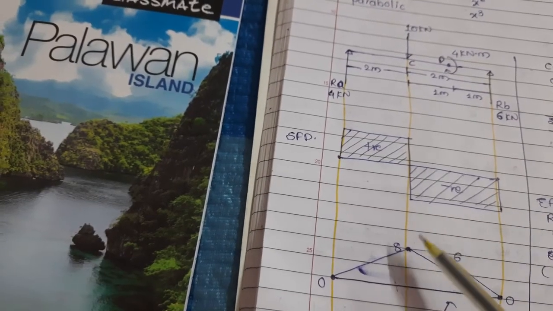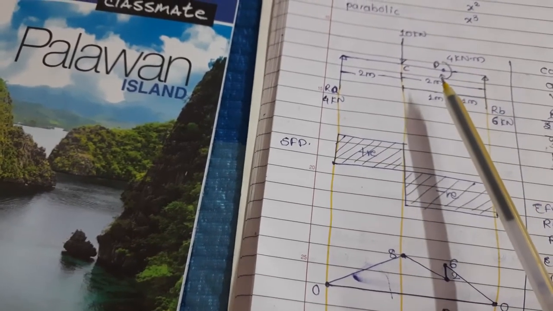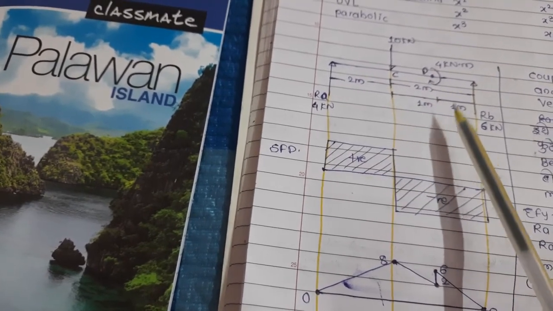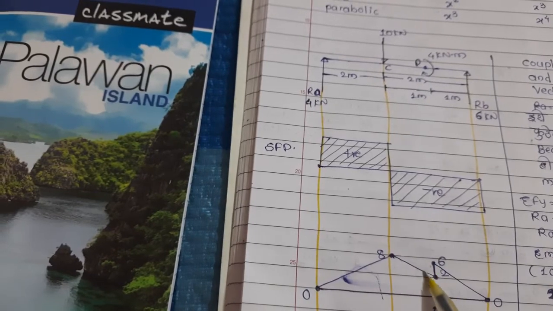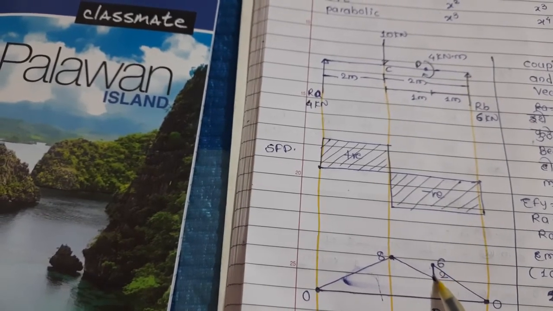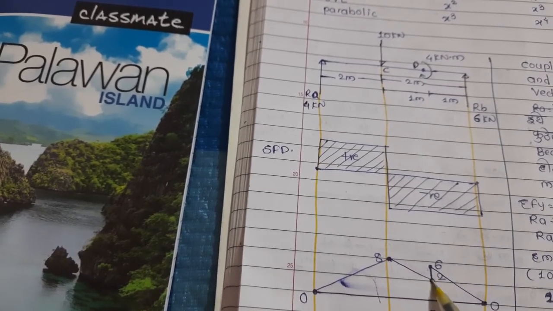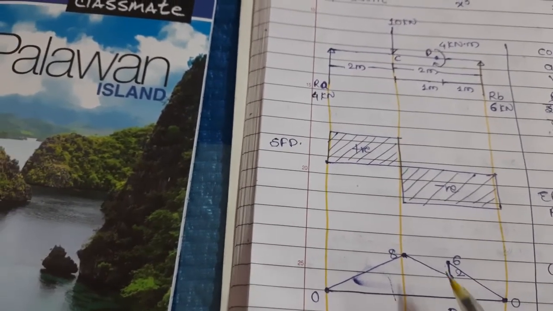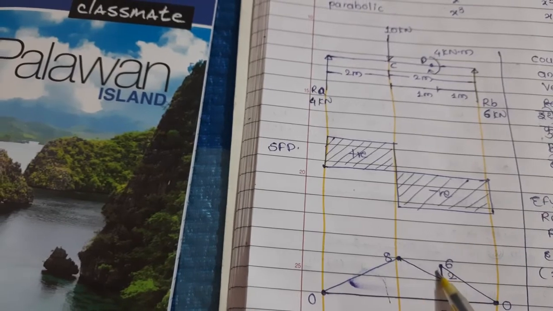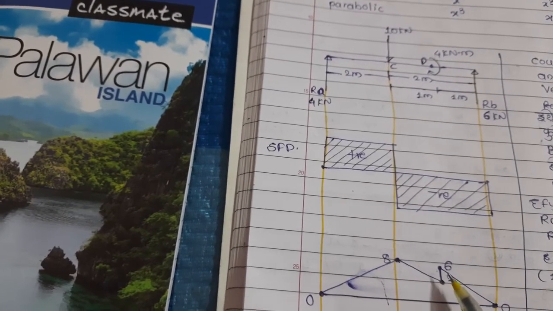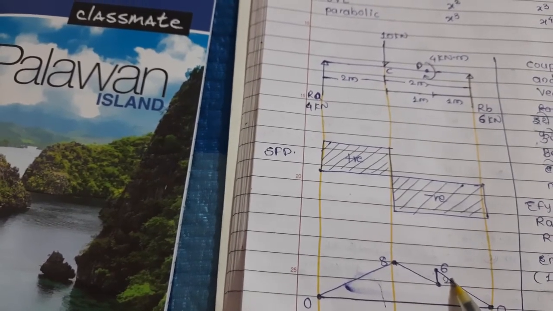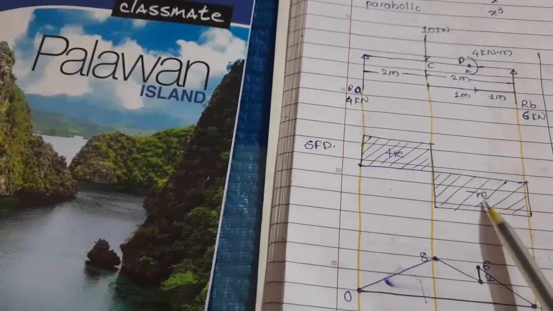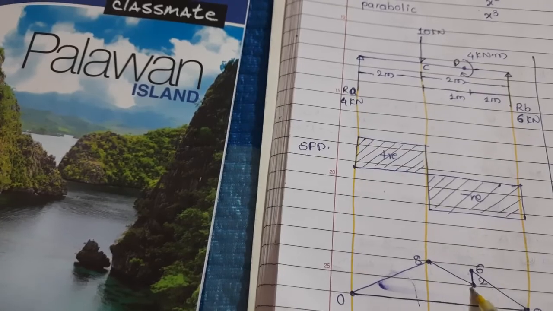Now see, this is a difference. Here we have been given a couple. If we are given a couple, only in the bending moment diagram do we get this step. In case of a couple, we have to take a section at the left side and right side as in shear force, and we get these two values.